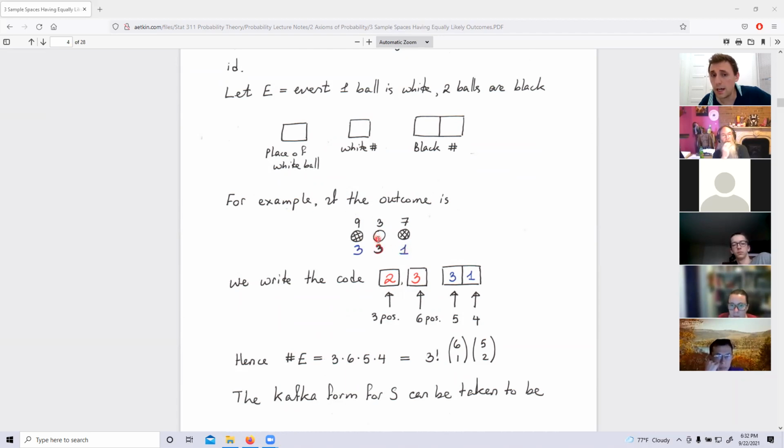So first I notice where did the white ball occur? It occurred in the second place. So I put second place here. I put 2. And then here I put the actual number that came for the white ball. So this tells me what white ball and where it came. And then I see in sequence 3 came before 1. So 3, 1. You understand?